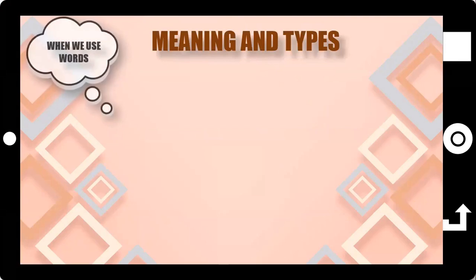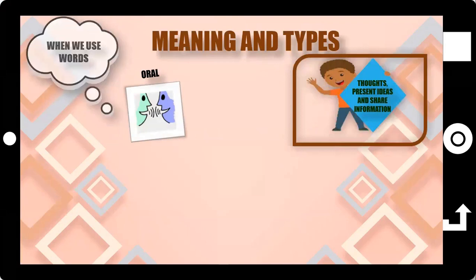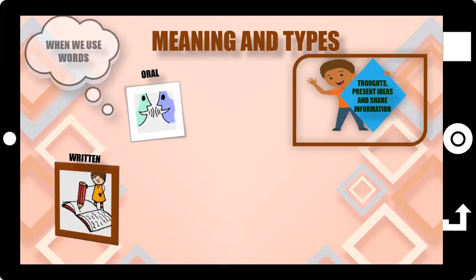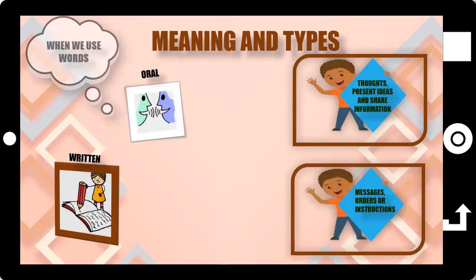Now, verbal communication could be in two forms. One is oral. In oral communication, we select different situations. For example, it could be face to face, or it could be in telephonic conversations where we share our thoughts, we present our ideas and share information as well as share our feelings. Then the next type is the written form. In the written form, you tend to send messages, which could be in the form of orders or instructions